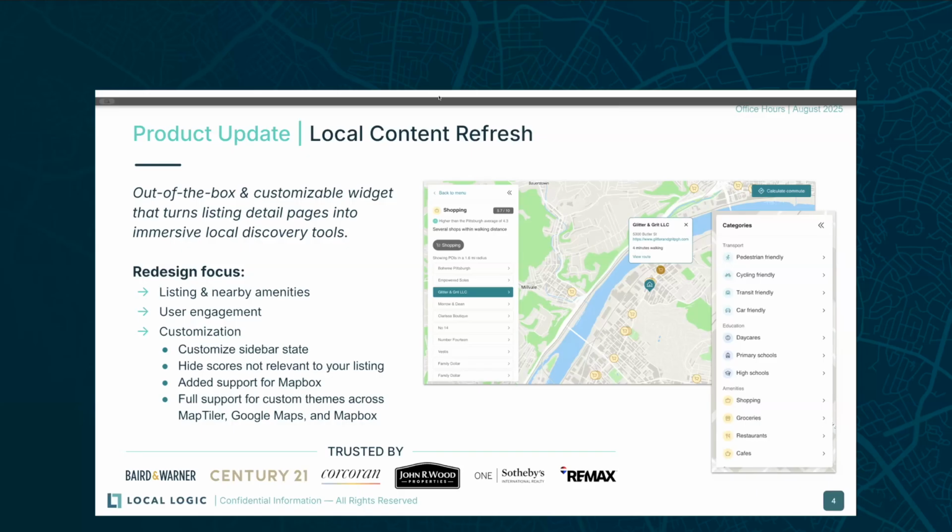We've now expanded that to also add support for Mapbox, as we've seen Mapbox start to come out more and more with our customers and start to get traction in the prop tech space as well. But in addition to Mapbox, we've also deepened our theme support. So now we have full support for any custom theme that you would create for MapTiler, Google Maps, and Mapbox,